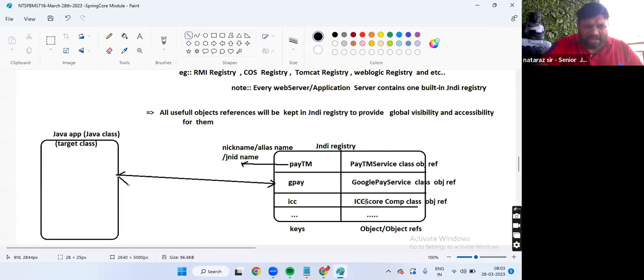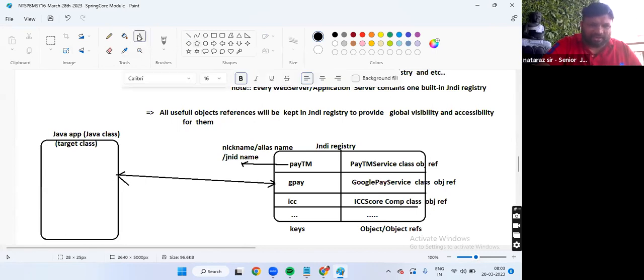If available, it gets a relevant object reference, and that relevant object reference is available in the target class. So the target class can use that relevant object's methods, services. That means the target class can use Paytm services, GPay related services, like paying amount, receiving amount kind of activities. Are you understanding my statement? So here definitely dependency lookup operation is happening, boss?